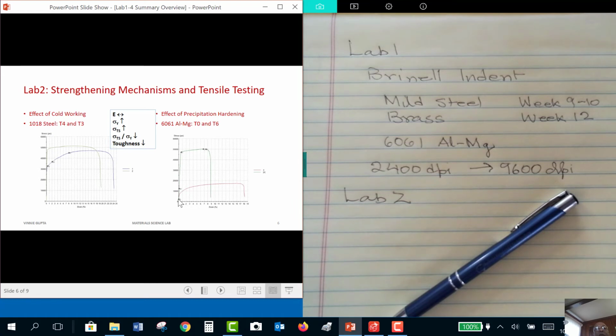So in this case, what we found was when we went from red to green, red was solution annealed, and when we precipitation hardened it, we pretty much increased the strength fivefold, yield strength fivefold, tensile strength also fivefold. Again, elastic modulus did not change. And from the slope of the curve, you can see we can strain harden red much more than we can